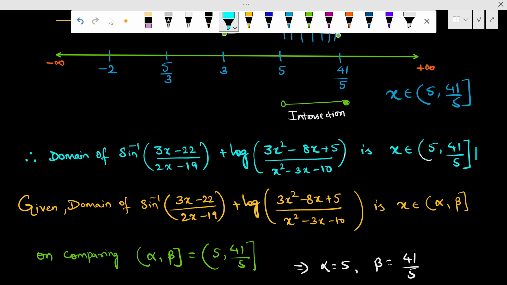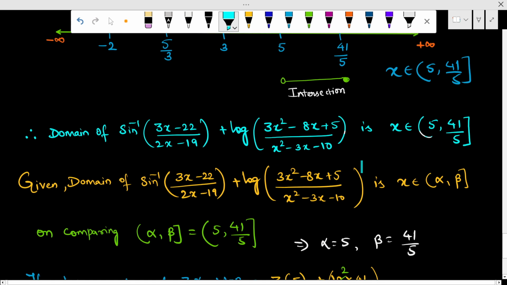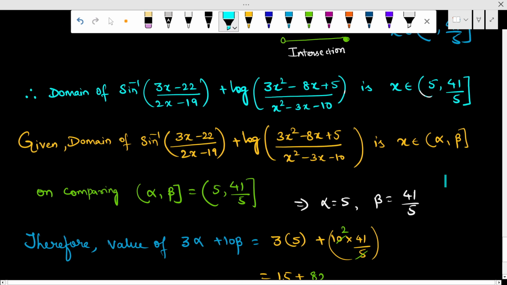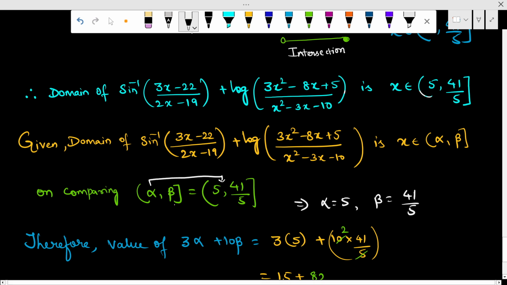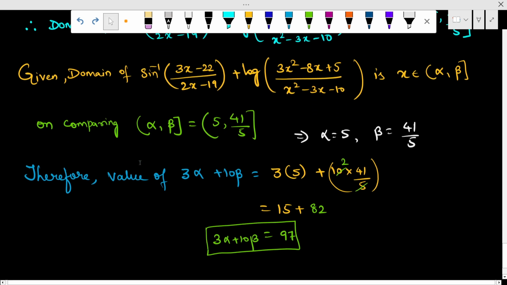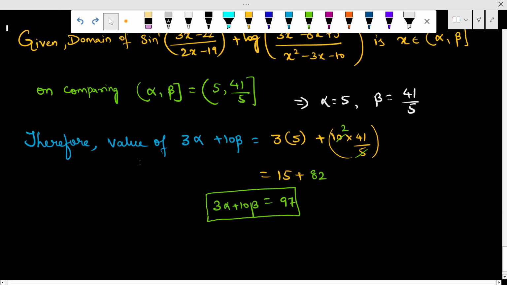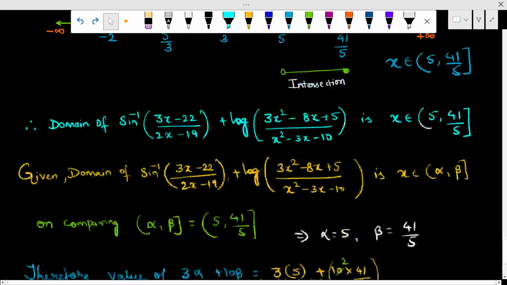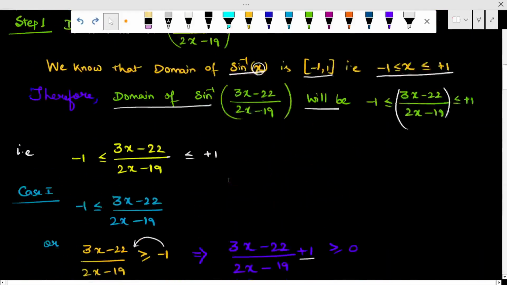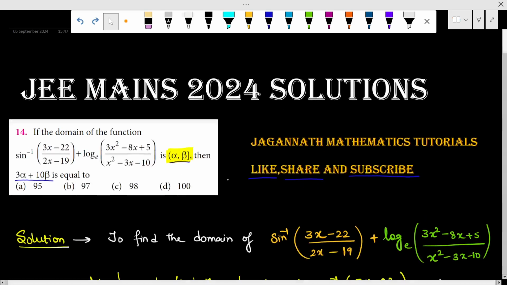Now we were given that the domain of this is alpha comma beta. So in place of alpha we have 5 and in place of beta we have 41 by 5, right? So we put the value of 3 alpha plus 10 beta, and we get the answer as 97, right? So the correct option here is option B,